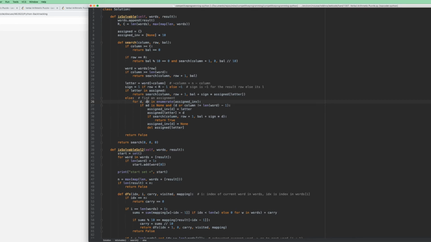Why is it AD here? If it's none, that means it hasn't been assigned yet. So this helps us know the assigned or the not assigned digits, right? So this is the digit because it starts from 0, right? So if it hasn't yet been assigned and